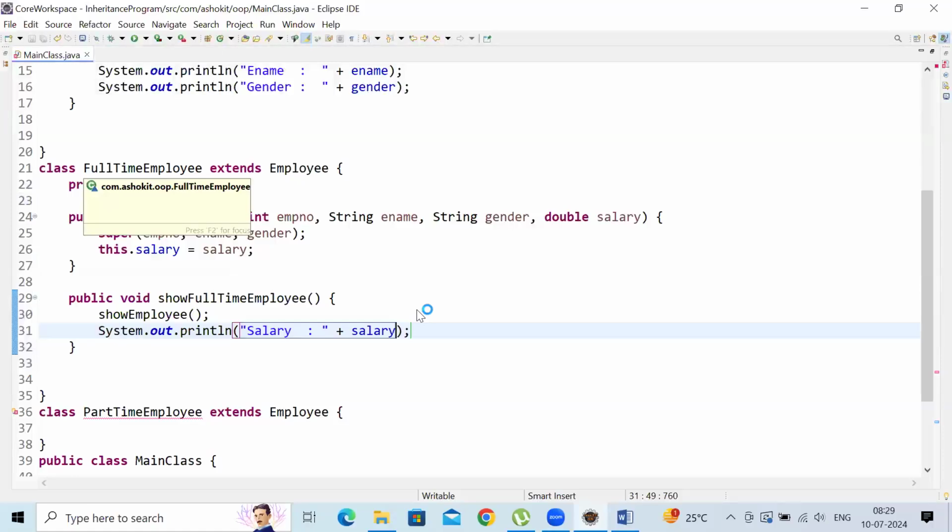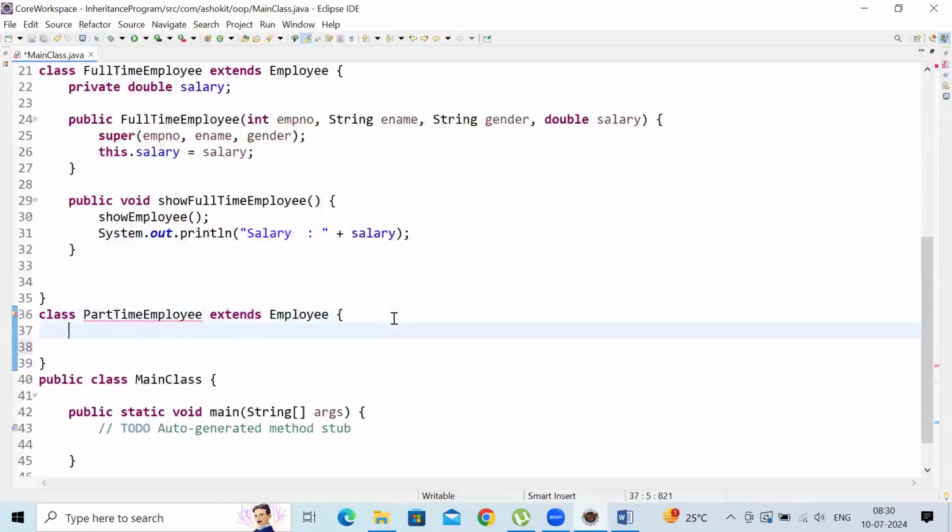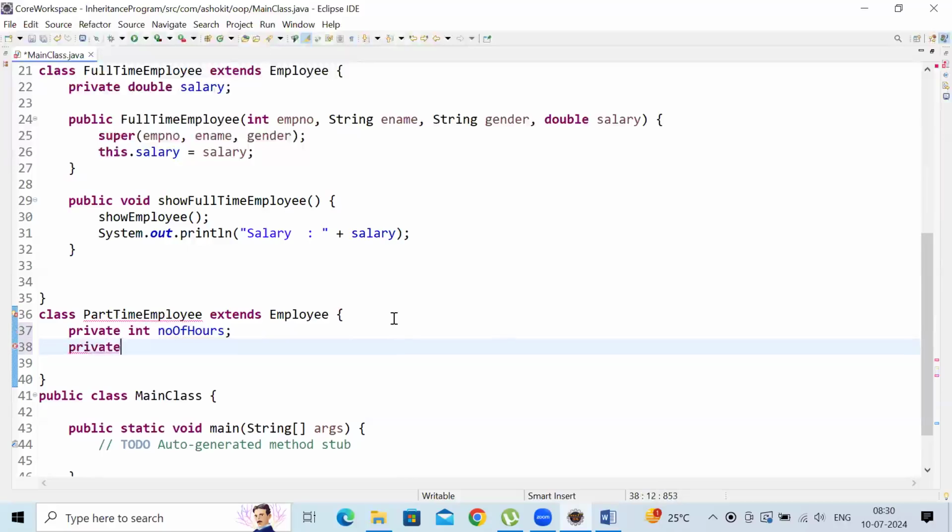Did you get my point? But for the part-time employee, we don't have a property called salary. Salary is not a common property for full-time and part-time. Salary is there for a full-time employee, but not for a part-time employee. So for the part-time employee, I will take private int number of hours, private double or I can take int, no problem,